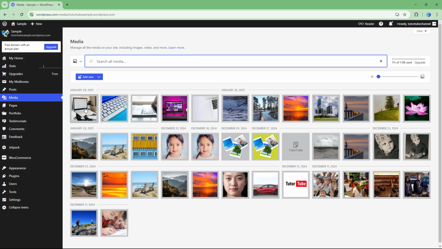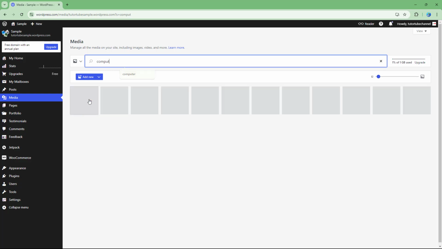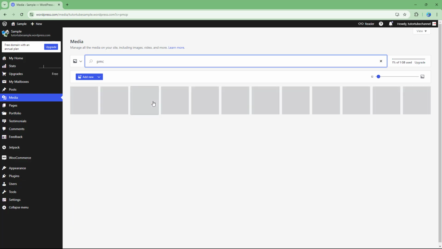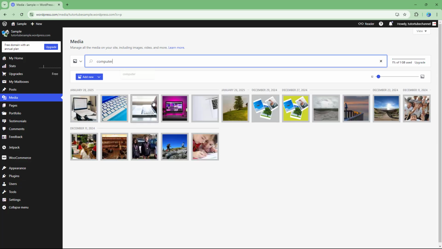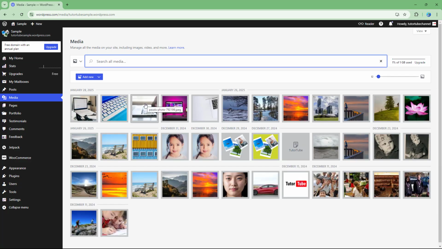images is missing. So now if I were to go ahead and type again, you can see that this image actually shows up, this image shows up, but this one right here. So let's just go around over here and type in computer. Let's say for example, that image does not show up. That is because the file name does not contain computer as a part of it, and then the image details